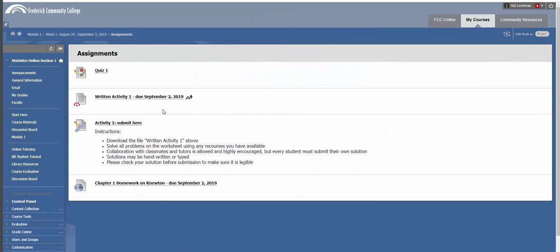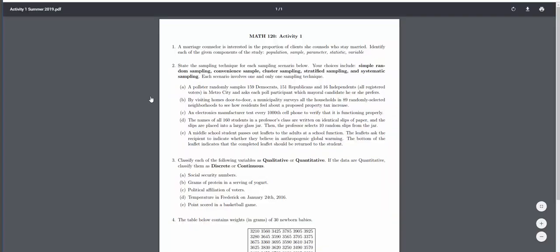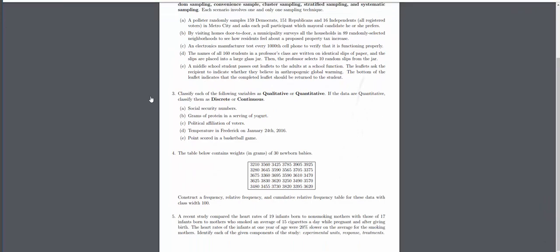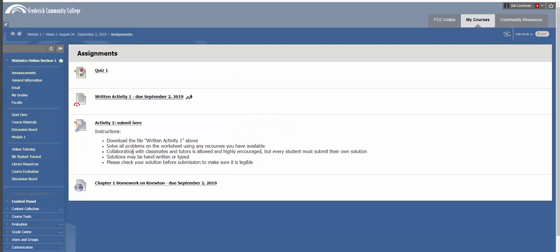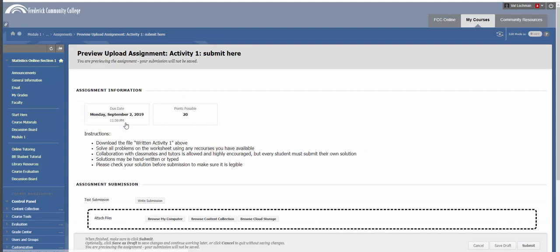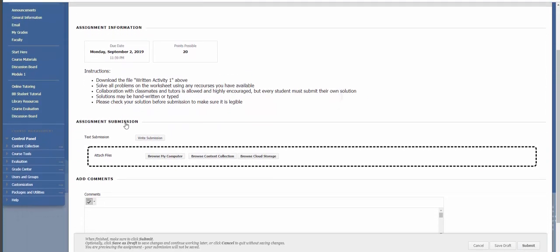Okay, so you download this file right here. Okay, and there are 5 problems. You can either type these out or write them out on a piece of paper, take a picture, and submit it through Blackboard. Okay, so once you have your file or your write-up, say activity 1,